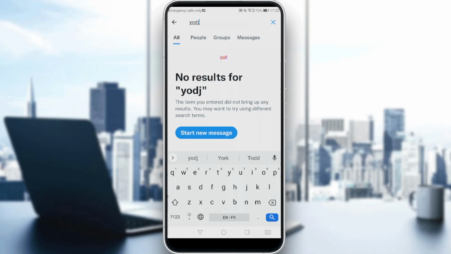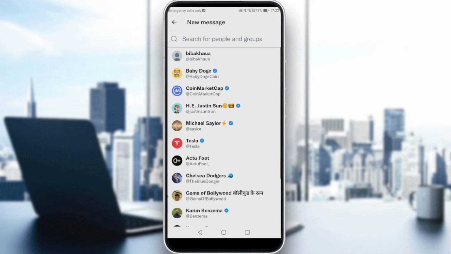If I want to start a new message, all I need to do is click on this blue start new message, and search for the one that you want to talk with. So let's say for example you want to talk with maybe a page, just choose this second one, baby dodge,